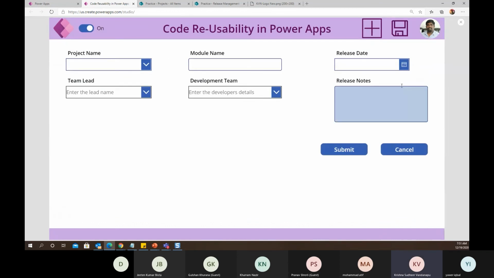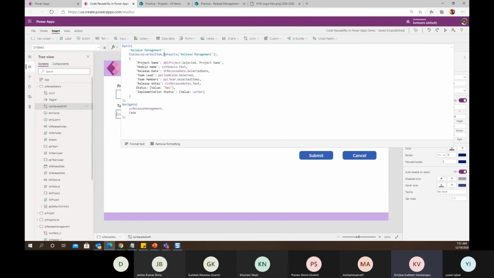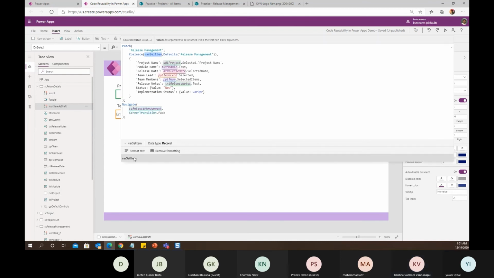When I go here, I have my selected item value as selected item. Why is it not coming?